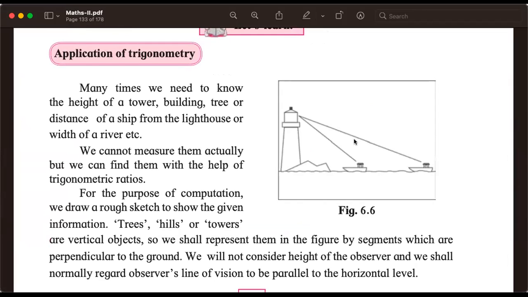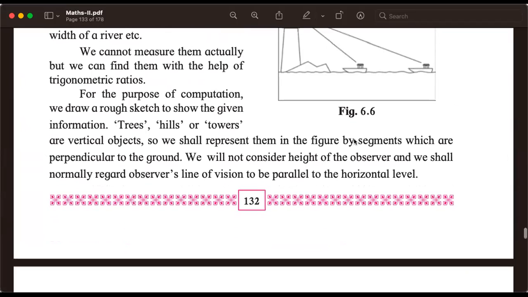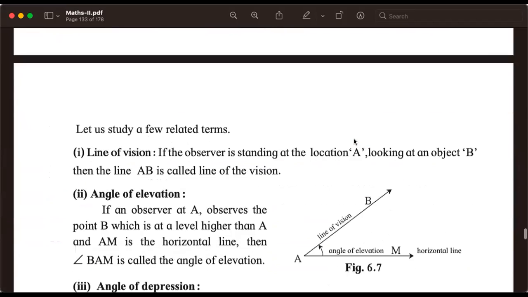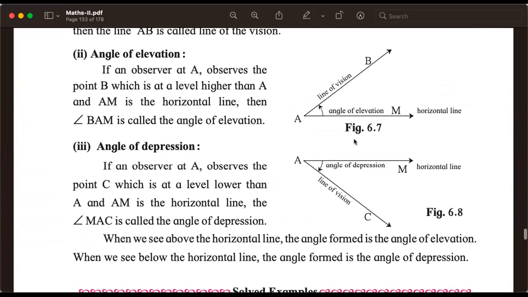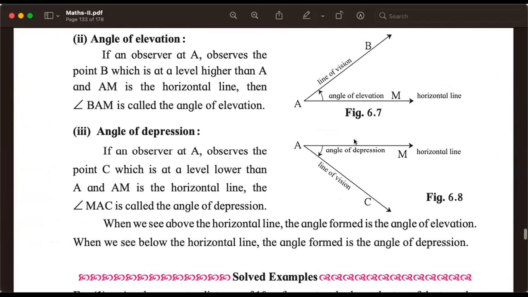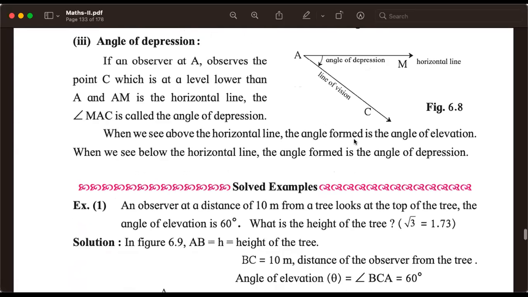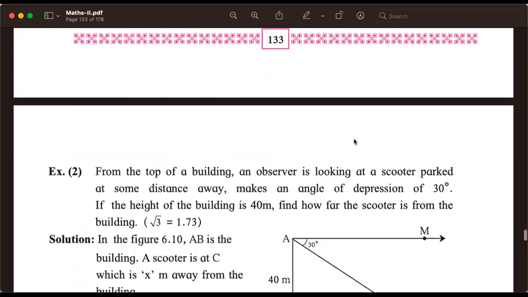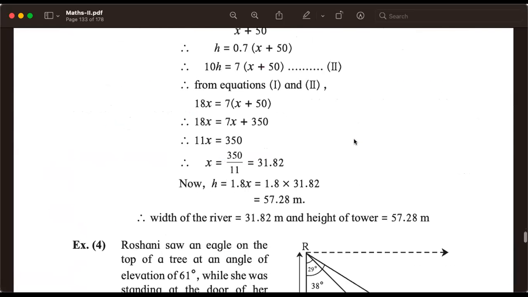And then we have also, in the last 2 classes, started solving questions related to application of trigonometry, which is finding different heights and distances using trigonometry. So the basic concepts that we revised were line of sight or line of vision, angle of elevation, and angle of depression. And when we were doing this, we also had to use the parallel lines transversal concept. Alternate interior angles are congruent. So with that, we looked at example questions, and we also looked at some questions in the practice set 6.2.